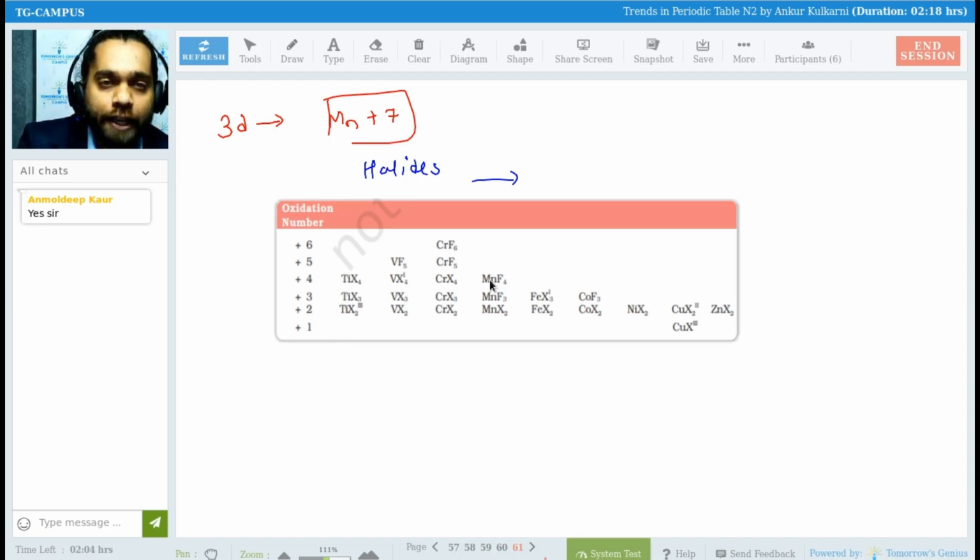So in your metal halides, CrF6 will be the highest oxidation state of chromium, that is +6,